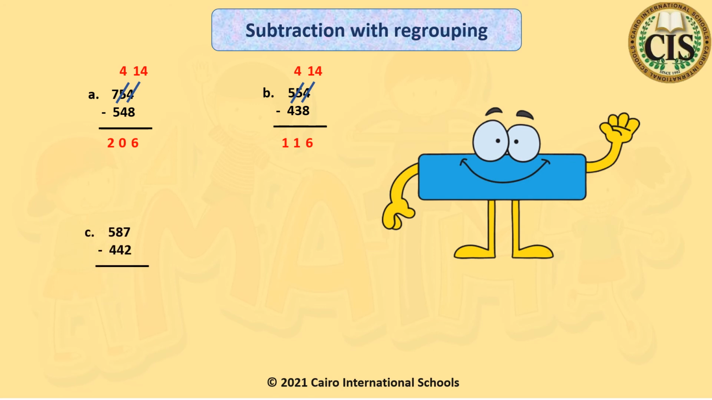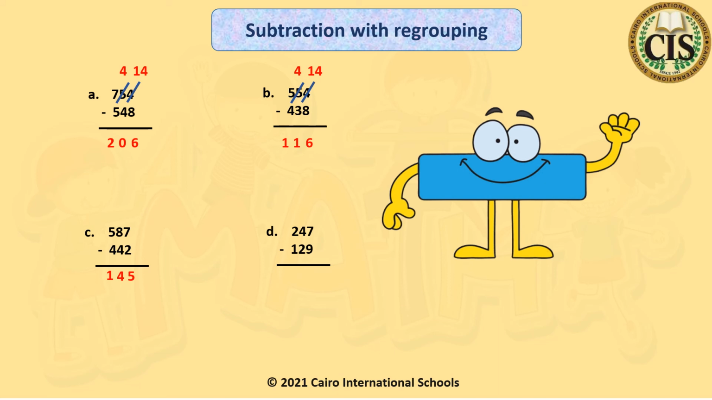587 minus 442. 7 minus 2. Do we have more on top? Yeah. 7 minus 2 equals what? After 2, 3, 4, 5, 6, 7. How many fingers? 5. So we will write 5. 8 minus 4. Do we have more on top? Yeah, 8 is greater than 4. So 8 minus 4 equals what? After 4, 5, 6, 7, 8. How many fingers? 4 fingers. So we will write 4. 5 minus 4 equals what? Count from small to big. After 4, 5. 1. The last question,